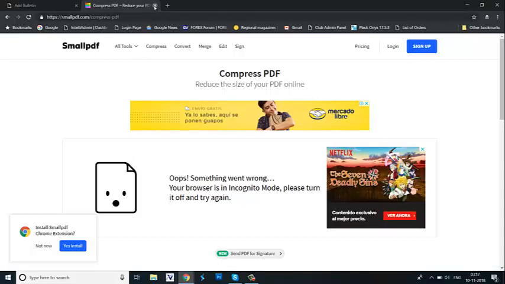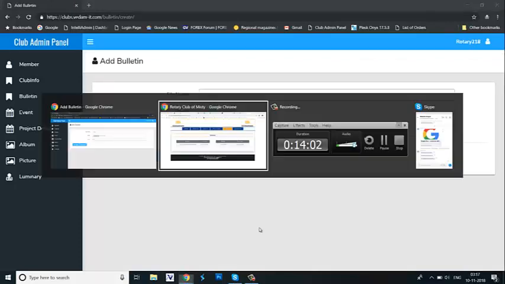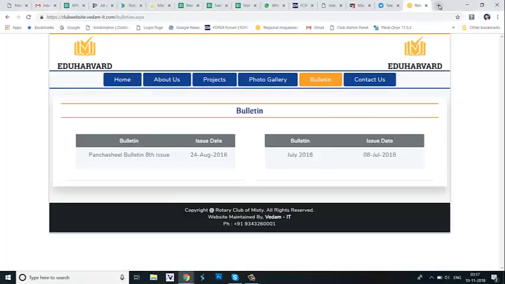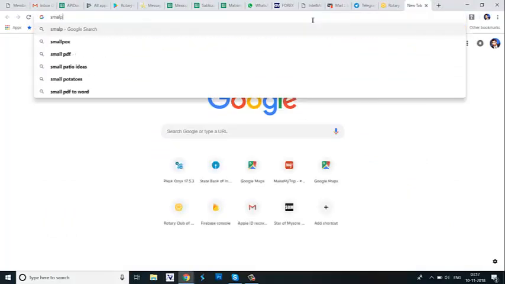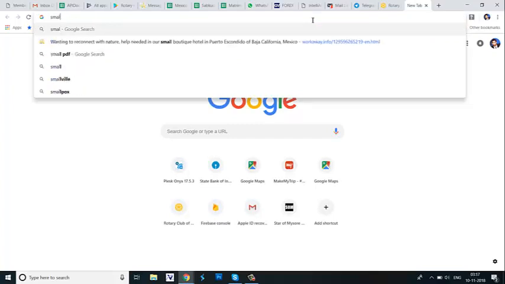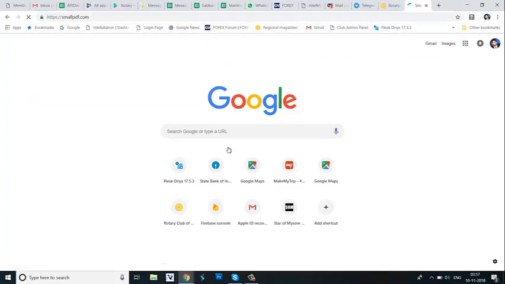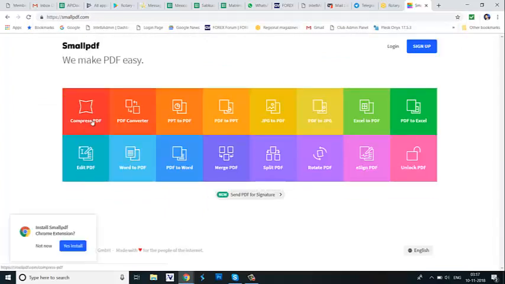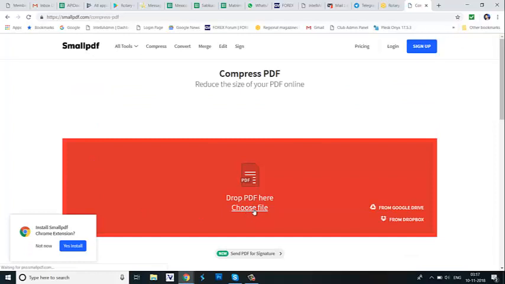So what we do is we'll open it in the regular window. I'll come here and open it. smallpdf.com. So I'll click on compress PDF, choose file,